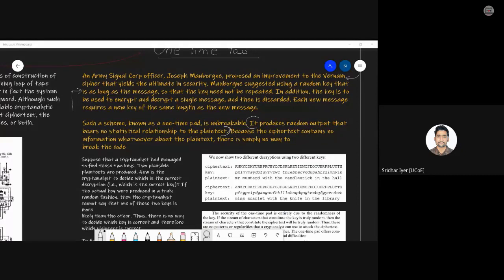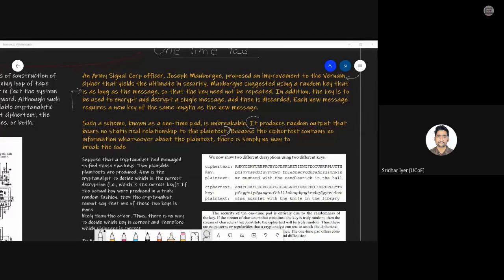As you can see, if I'm totally making it random, it will have no statistical inference, it will have no statistical patterns, because every single time I'm encrypting with a totally random key and throwing away the key. So the main concern over here is, before you throw away the key, just make sure you send it to the receiver once. Otherwise, it will have no meaning. The receiver also won't be able to decrypt it.